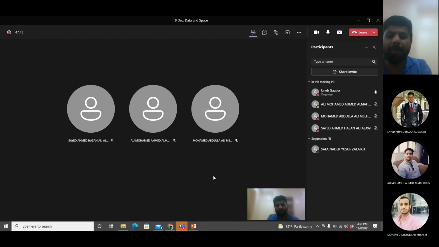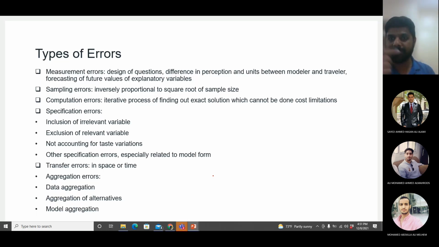We did not ask them about the travel time. I should have asked how much time it takes you to go from one checkpost to another checkpost. So then I had to revise the question. Then I asked them how much time you waited on the causeway, how much time it would take you from one toll plaza to the other toll plaza, or from one border to the other border. Then I modified the question. So this is wrong design of the question, and obviously that data is useless for me. Somebody said 2 days; it doesn't take 2 days.